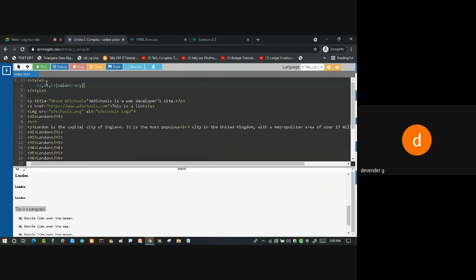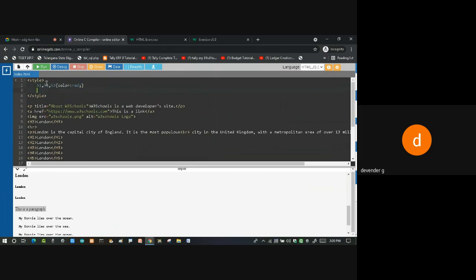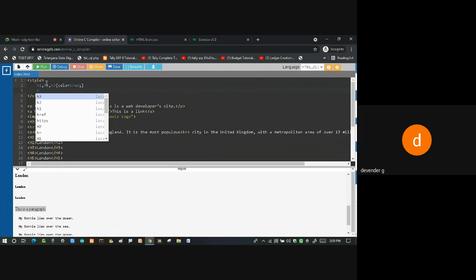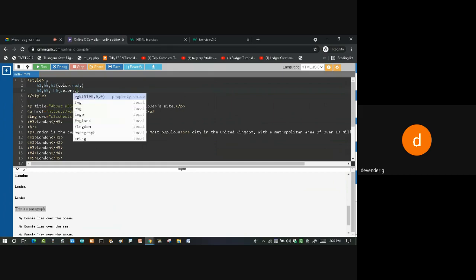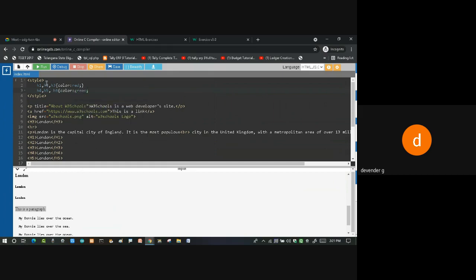And for H4, H5, H6, I need some other color. I'll say this color should be green, something like this. Then I close this one.